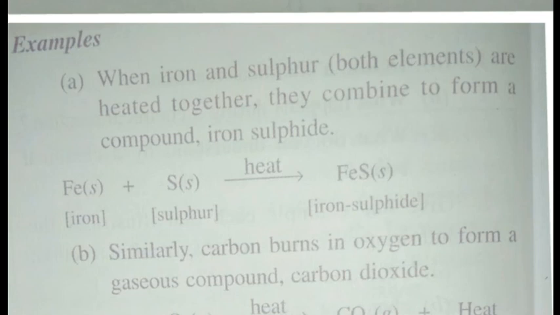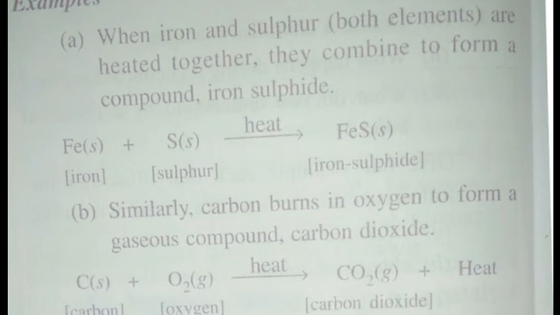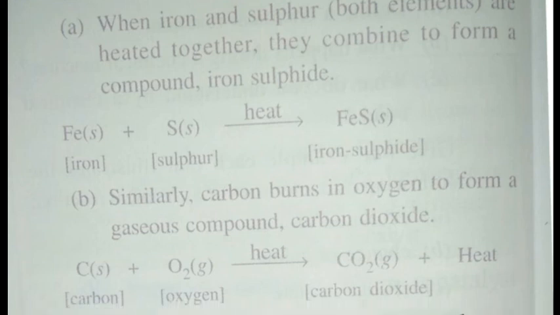Some examples are given in your textbook. When iron and sulfur both are in elemental state are heated together, they combine to form a compound, that is iron sulfide. Here we can see the chemical equation. Fe plus S in presence of heat gives iron sulfide, that is FeS. It is a compound. And the second example is